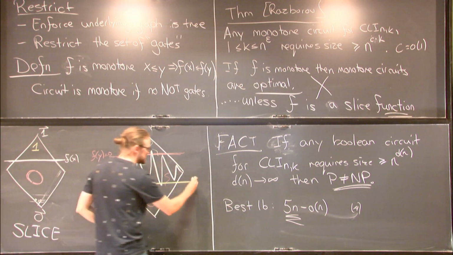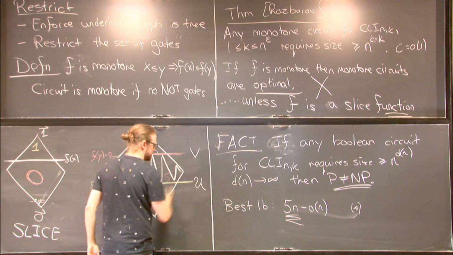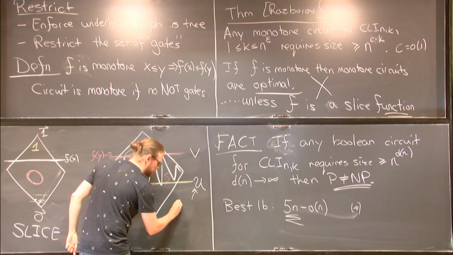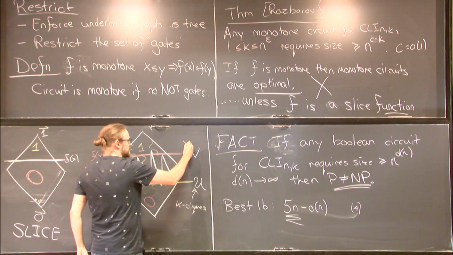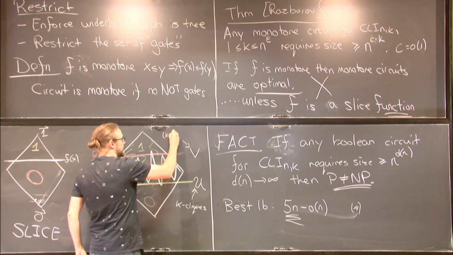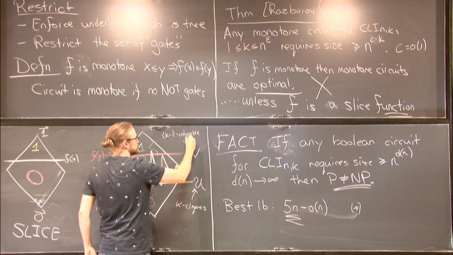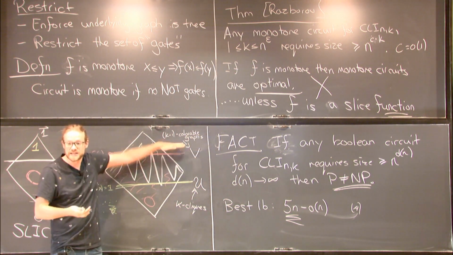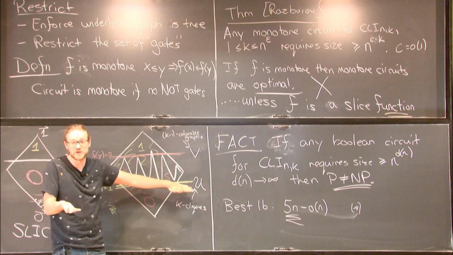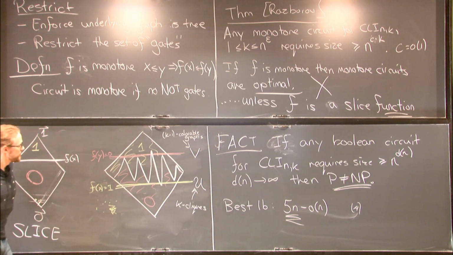So to say that again, he's going to focus on 2 sets of inputs. You should think of one set as being just the set of k-cliques, and the second set as being, say, k-1 colorable graphs. So up here, it always answers no. Down here, it always answers yes. So any circuit that's correct has to output the right answer on both of these. But the key is that